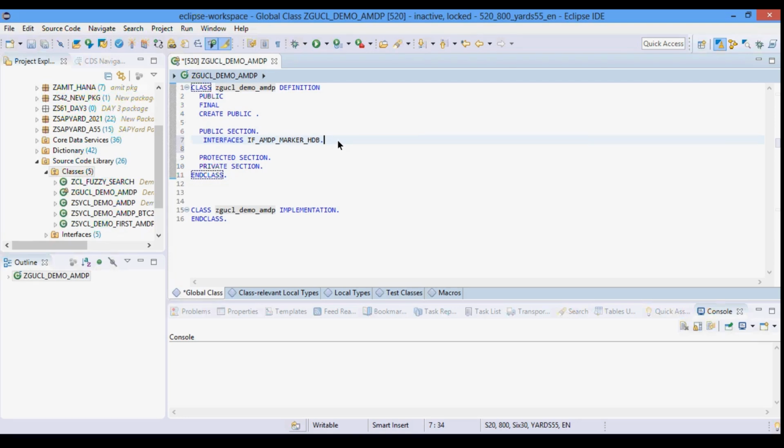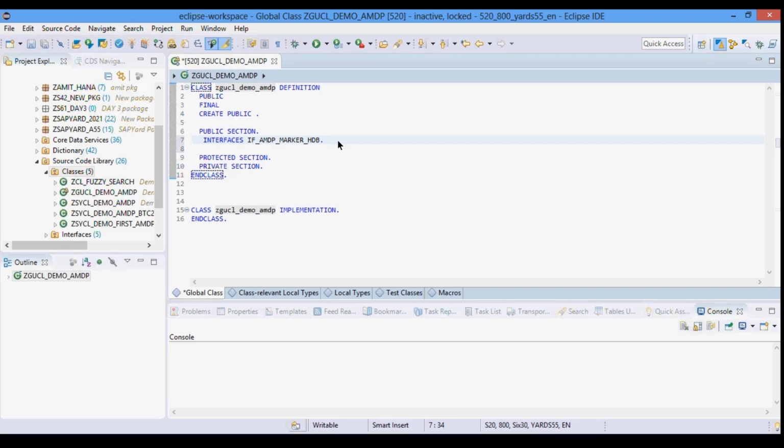That means you can create your class method for AMDP using importing, exporting, or changing parameters. However, returning parameters are not allowed. The second point to note is that your AMDP method parameters have to be passed by value. It is always passed by value.